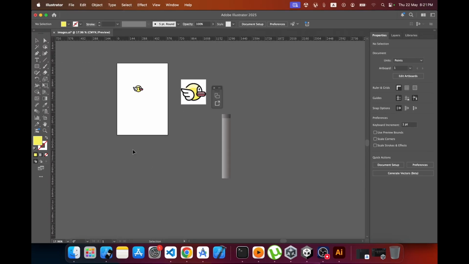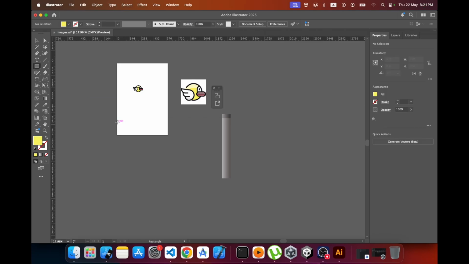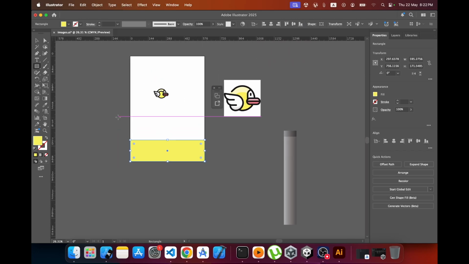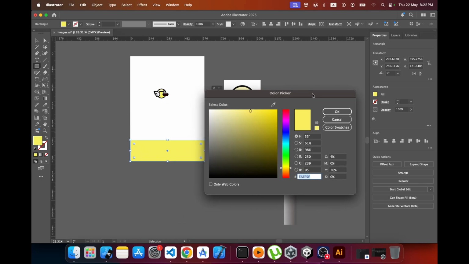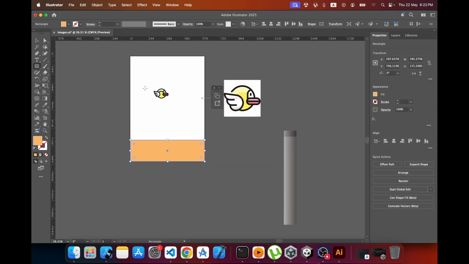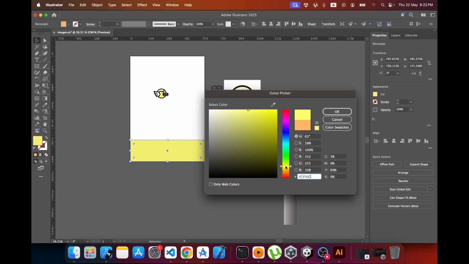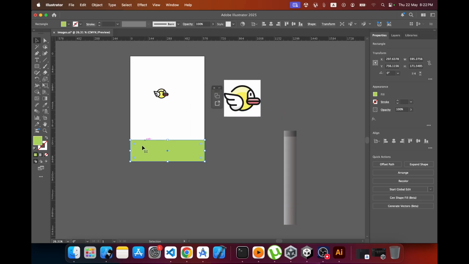Okay, to create the flow I will choose a simple idea. I'll create a flow like this, and I will make it some kind of a brown color maybe. Alright, let's try something like this, or we can go with some kind of a green color, because we can consider it as a green field, like this maybe,